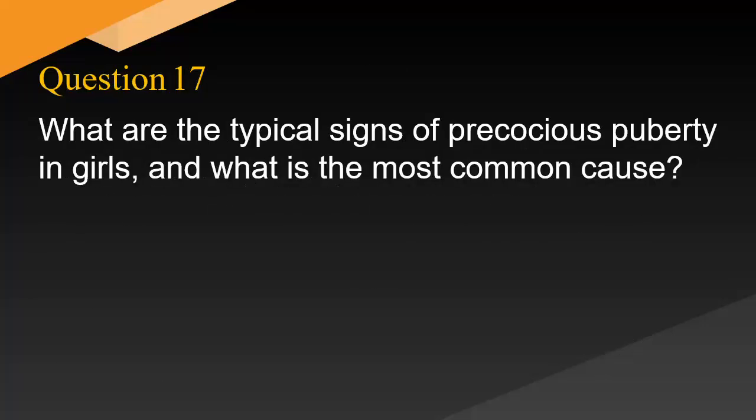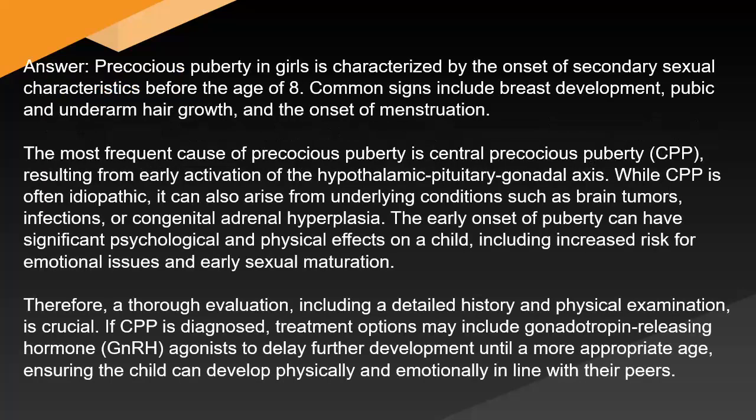What are the typical signs of precocious puberty in girls, and what is the most common cause? Answer: Precocious puberty in girls is characterized by the onset of secondary sexual characteristics before the age of 8. Common signs include breast development, pubic and underarm hair growth, and the onset of menstruation. The most frequent cause of precocious puberty is central precocious puberty (CPP), resulting from early activation of the hypothalamic-pituitary-gonadal axis. While CPP is often idiopathic, it can also arise from underlying conditions such as brain tumors, infections, or